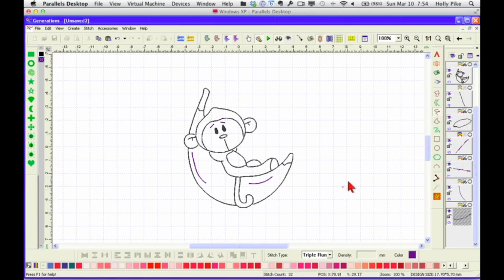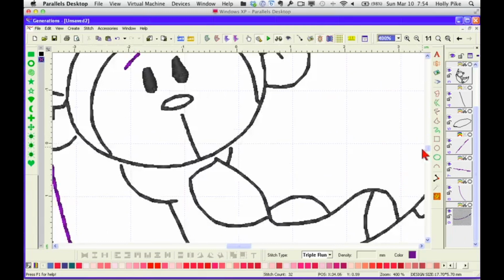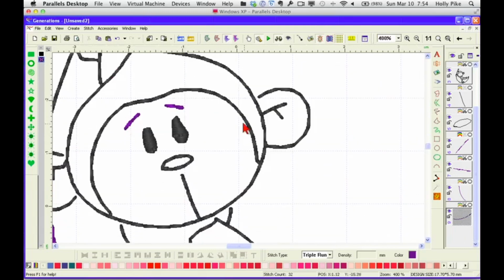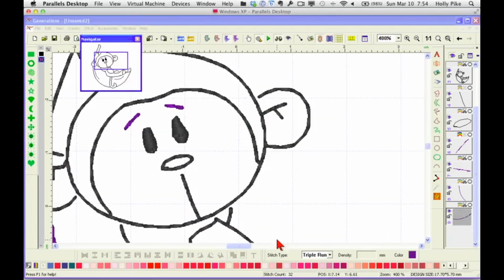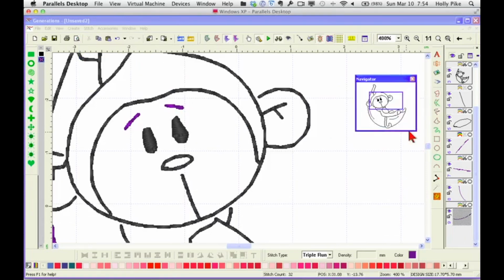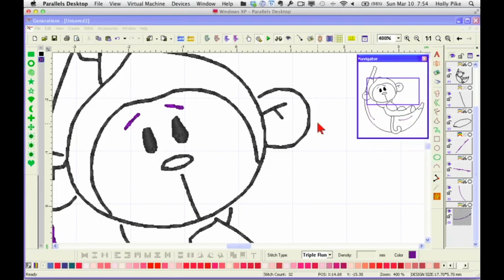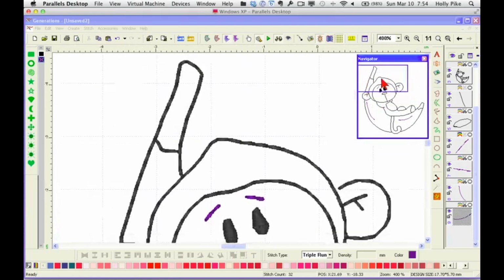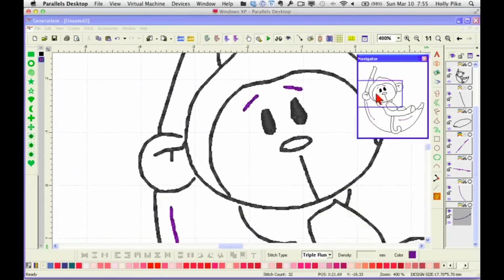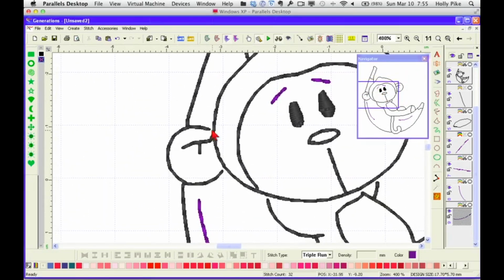Okay, so now we've kind of got all the lines in, but you'll notice when I bring it up to larger screen, this is where I turn my navigator on. F3 on your keyboard is the navigator box. When I do red work, I use my navigator because I can bring my design up to 400 and then I can move around my design like this and find any spots that are not connected, like these little